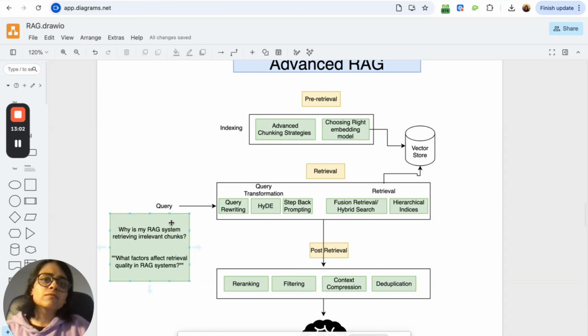Step back prompting will actually go to the LLM and ask the LLM to write the broader context around that query. So, for example, if I have like, why is my RAG system retrieving irrelevant chunks? This will be passed to the LLM, and the LLM will say, also combine it with what factors affect retrieval quality in RAG systems, so that we're not missing the much broader context.